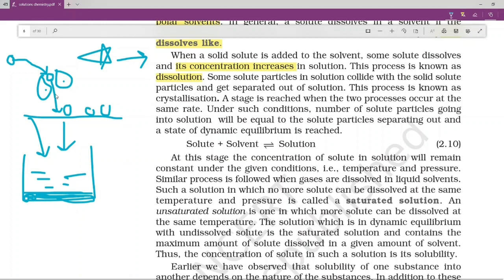So we can say that the solute particles which we inserted, please keep in mind, it is not necessary that whatever solute particles we have inserted in a saturated solution at a given temperature, only those solute particles will settle down at the bottom. No, it may happen that the solute particles which we have inserted will take some place inside that solvent, and the particles which were present inside the solvent will come out of the solution and get settled down at the bottom.